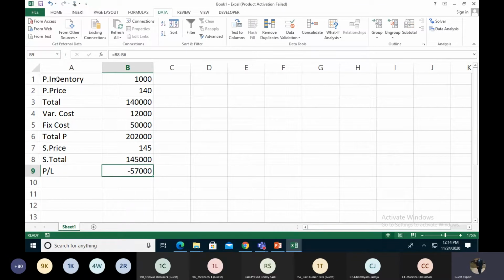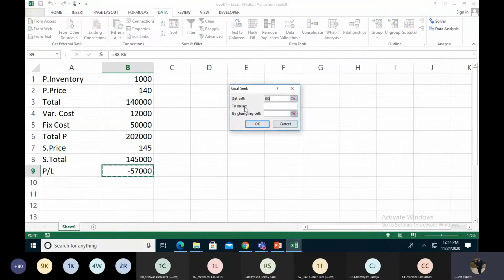Okay, so we are using What-If Analysis, Goal Seek. Goal Seek has only three criteria. First of all, we set the cell, the cell in which we require a value, so we set the value over here, and this value is affected by which cell. If we change that cell's value, this one is affected, so we also put the affected cell, but we can't include any kind of criteria over here.